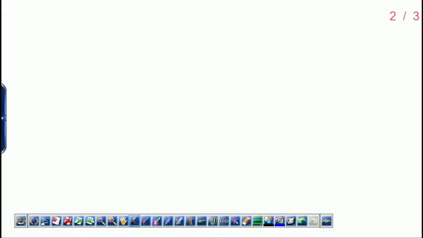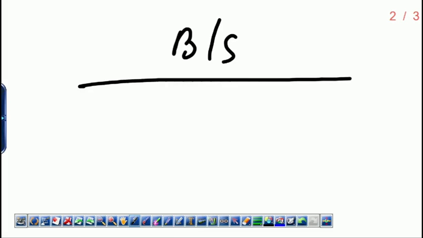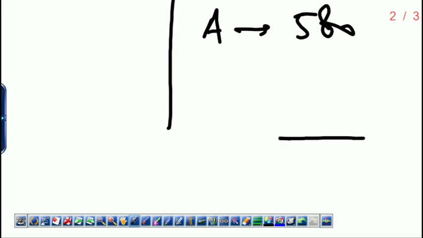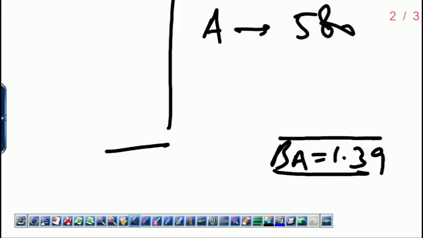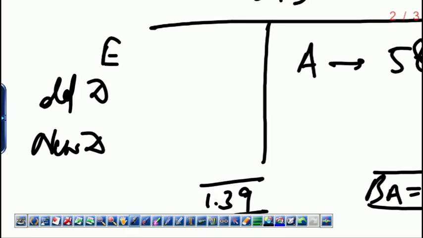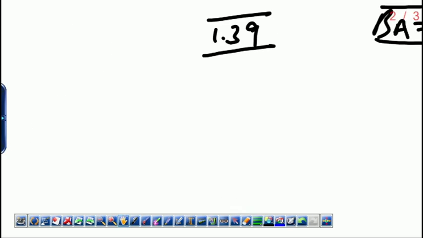Imagine the balance sheet. Those who don't want to do by formula, imagine the balance sheet. Assets, still we have 580. Beta of assets, still we have beta of assets equal to 1.39 because the business has not changed, the printer, the consumable is same. Now we have equity, we have old debt and we have new debt. Okay, the total is 580, we know, total is 580. We have to split, the debt equity ratio is 1.9:1. Okay, so if you split 580,